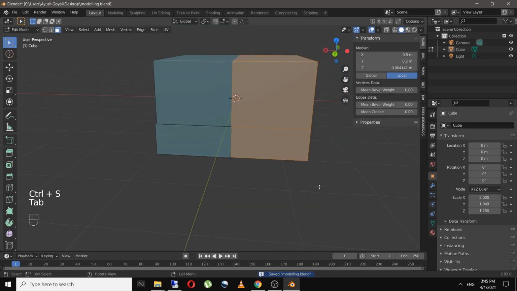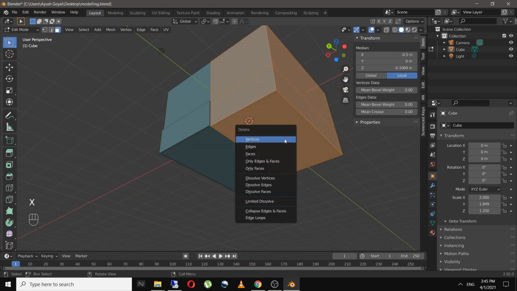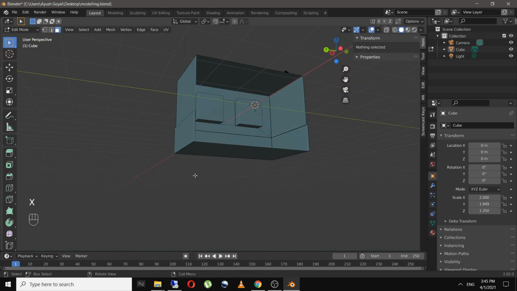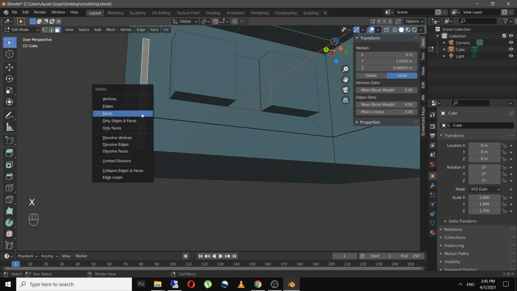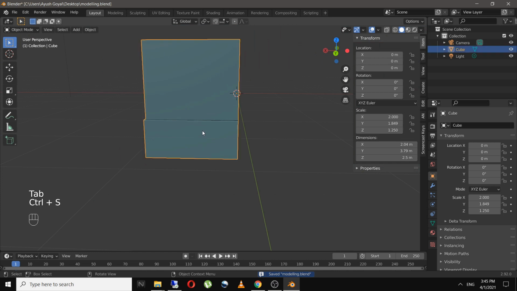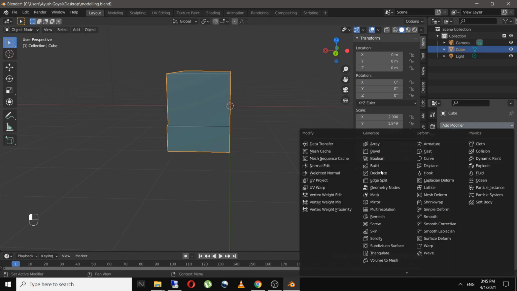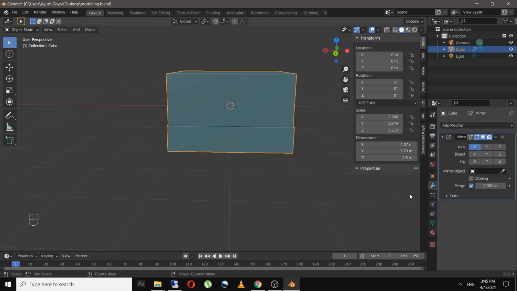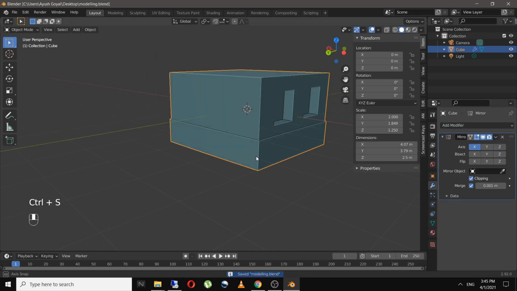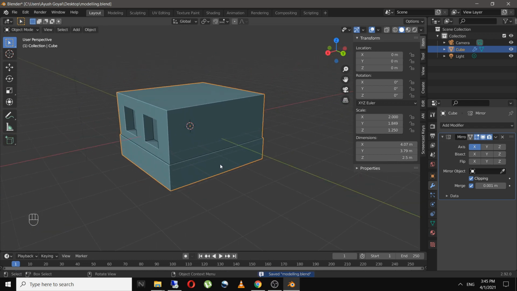Now I'm going to delete this part of the cube to add a mirror modifier. So in object mode, go to modifiers and select the mirror modifier in X axis. So as you can see, we have the holes for window on both sides now.